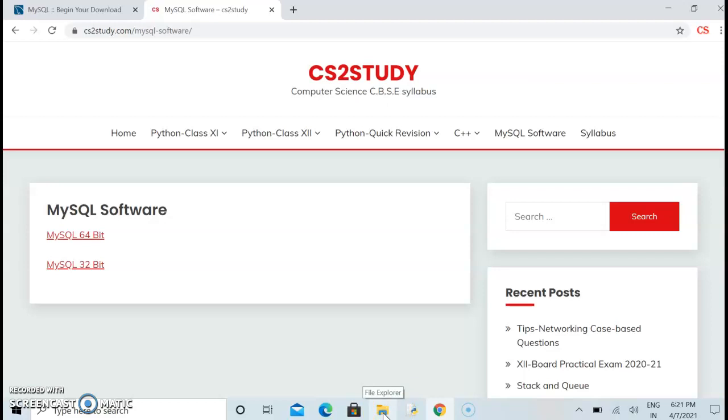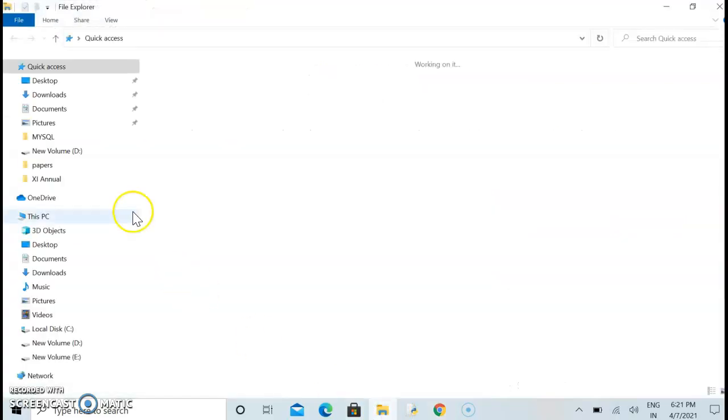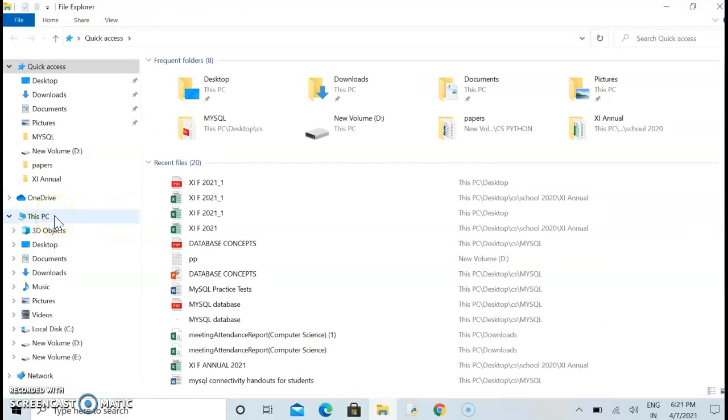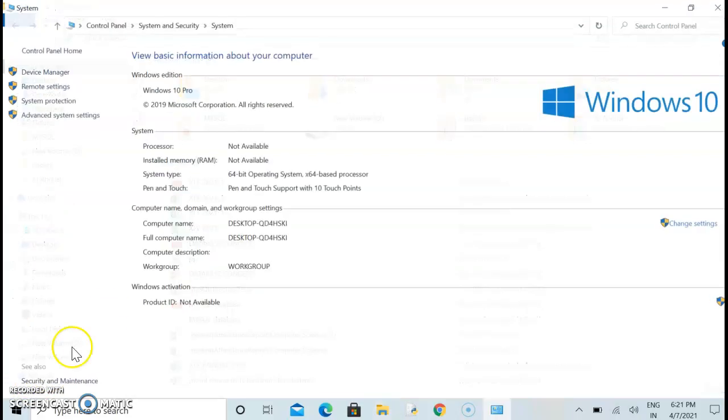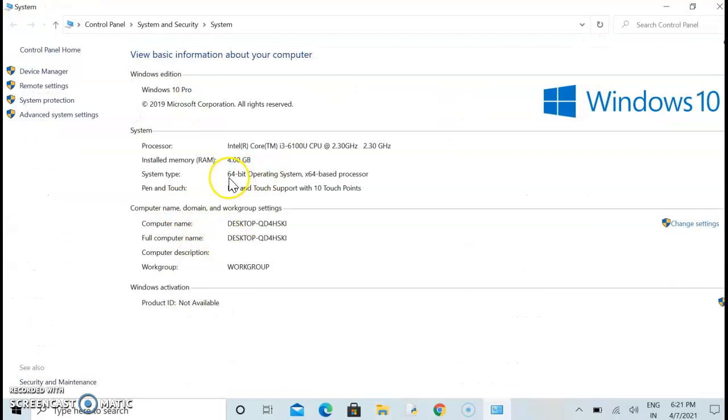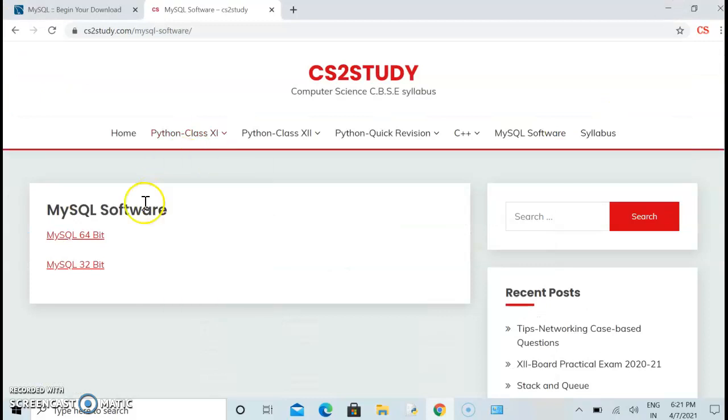For that, you can open My PC and right click on the My PC option. When you right click and choose the properties option, it will show you the 64-bit operating system. It shows that my Windows is 64-bit. According to the bit of your operating system, you can download the MySQL. This is another way also.